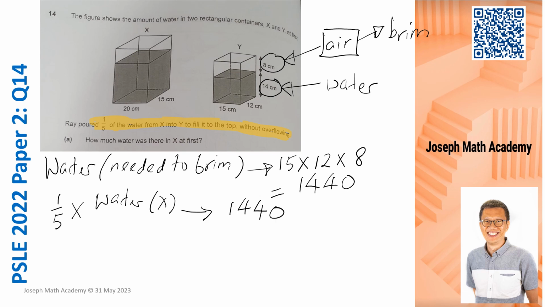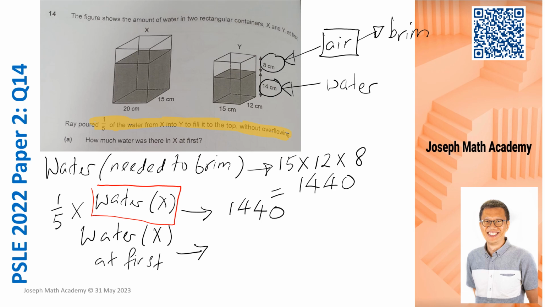So let us find out what is the entire water in X at first before pouring. We want to find this, so the reverse operation will be divide. So 1440 divided by 1/5, and our calculator will tell us it is